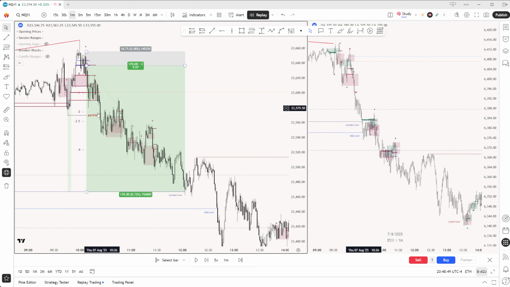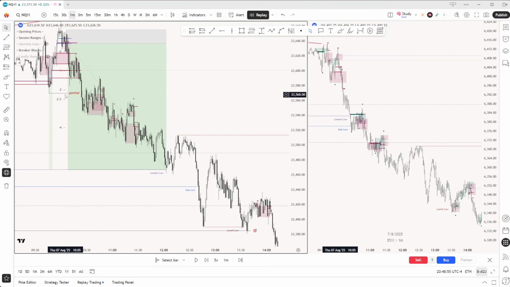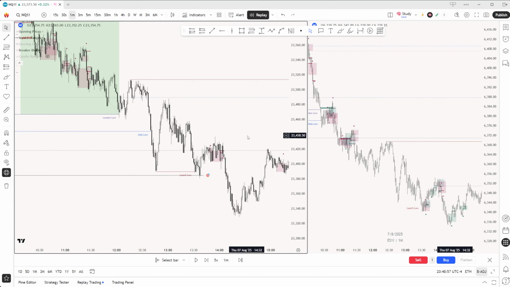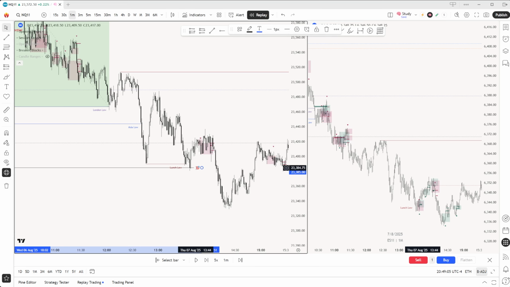Now, as I said, I decided to be done for the day there, -1R. I did 6R realized on this trade with these take profits, so definitely a very nice return, but you could have kept going. Truth is, even if you were short in the AM session, you would have looked to end your trade at the current low of day at least, right? So maybe you're still holding a runner there, but for myself, at the current low of day, I'm done.